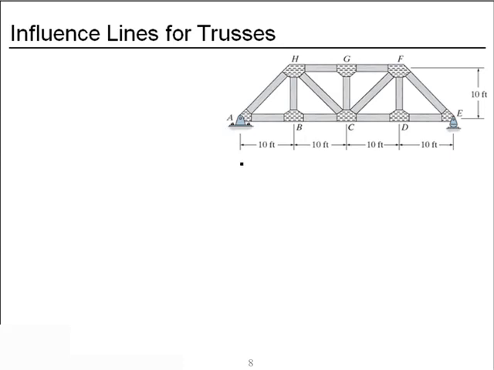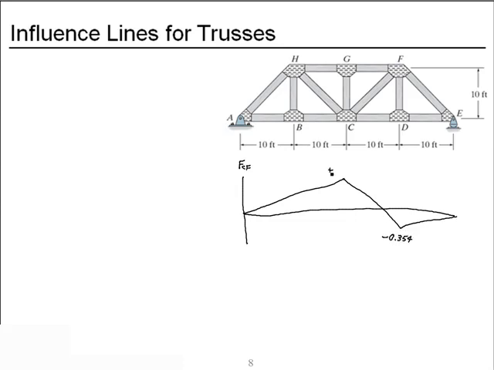Since we constructed the influence line, with values of minus 0.354, positive 0.707, and we know this distance is 6.67 feet, we can now begin step 4,